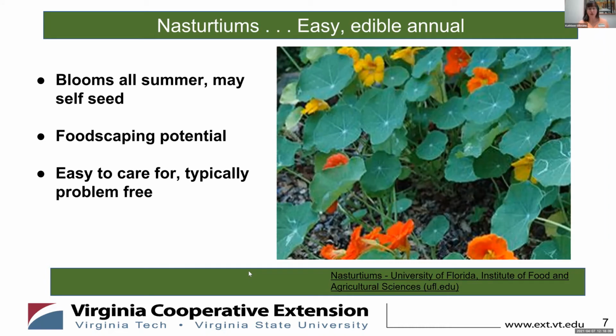The flowers come in red, orange, yellow, and cream. This easy to grow annual likes full sun. However, they perform best in cool summers. So here in Virginia, where our summers can be hot and humid, nasturtiums will do better where the plants get afternoon